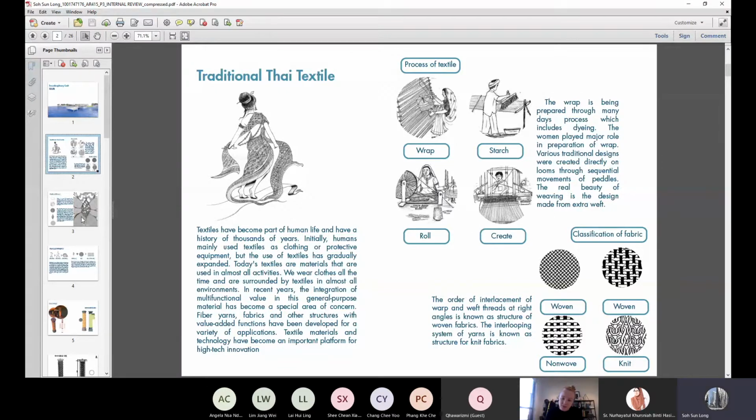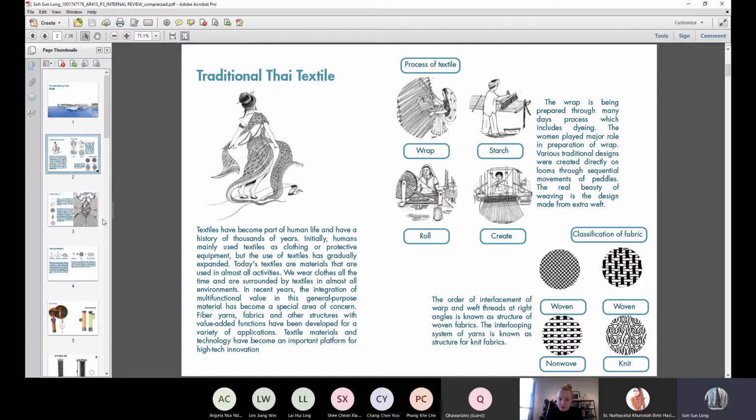Next is the study on the structure of woven fabric, the interlocking system of yarn. The structure needs fiber and the order of interlacement of weft and thread.